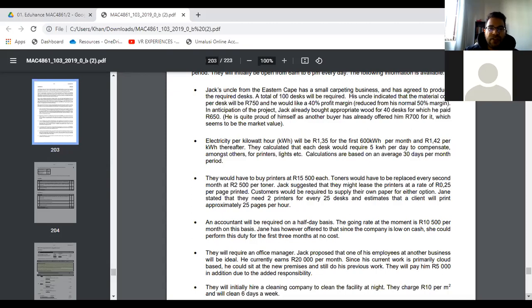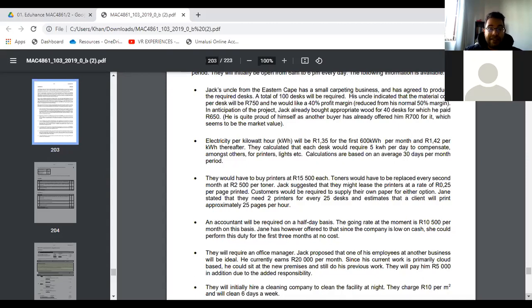In anticipation of the project, Jack already bought appropriate wood for 40 desks, for which he paid 650 Rand. He is quite proud of himself as another buyer has already offered him 700 Rand for it, which seems to be the market value. Okay, so here you can understand now,